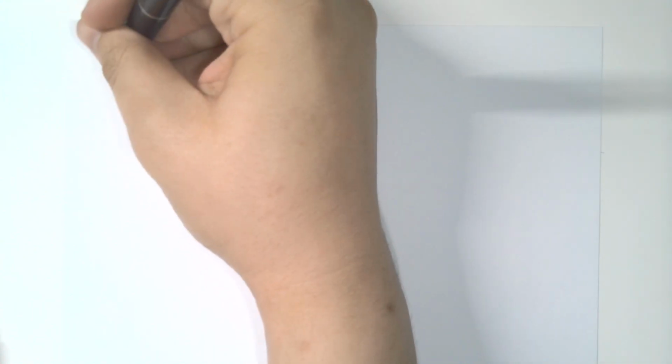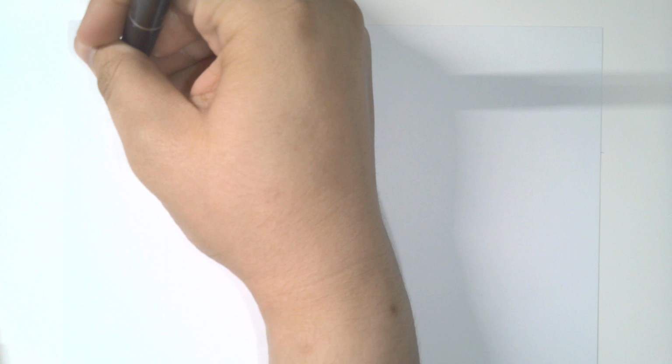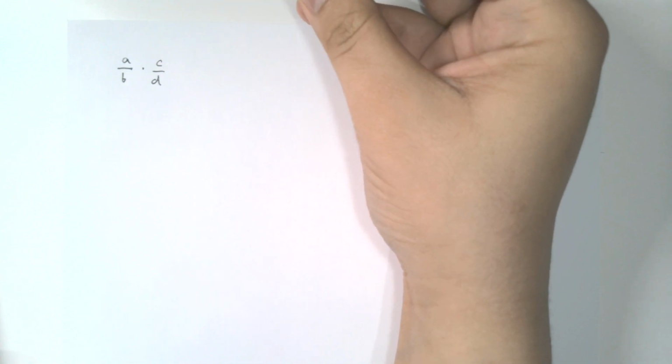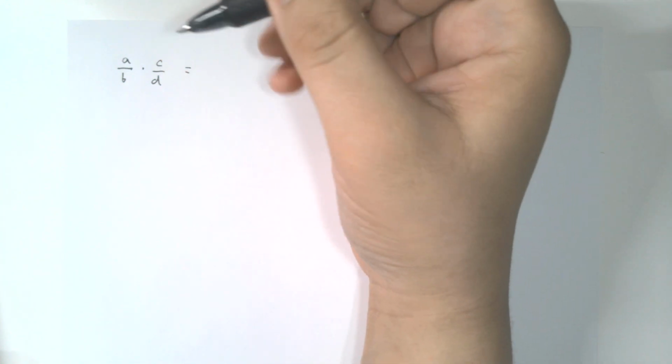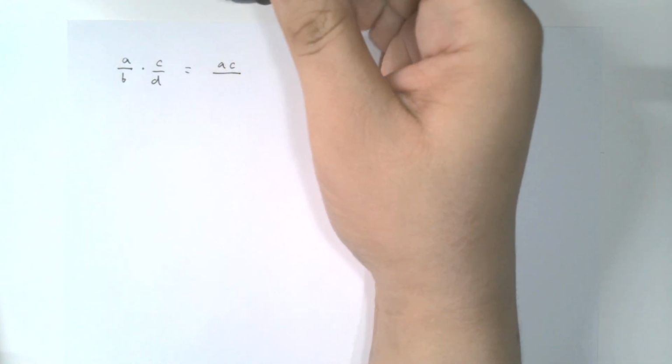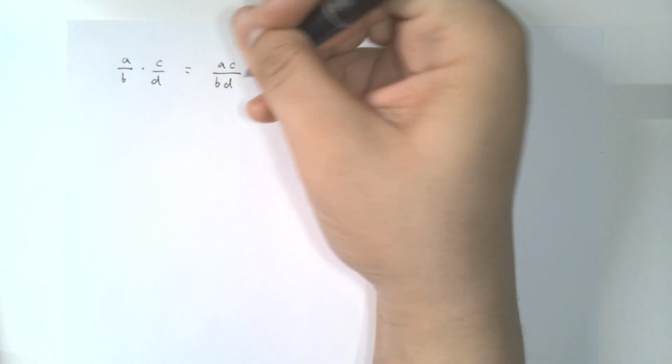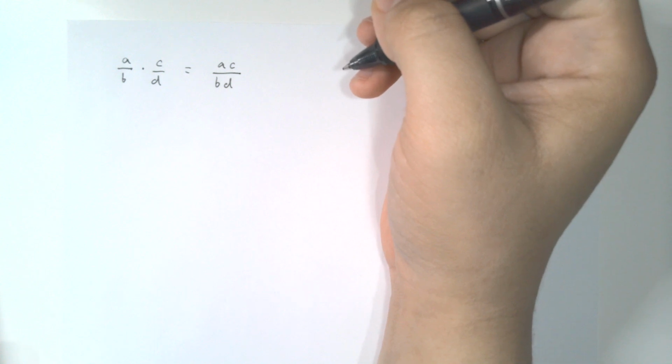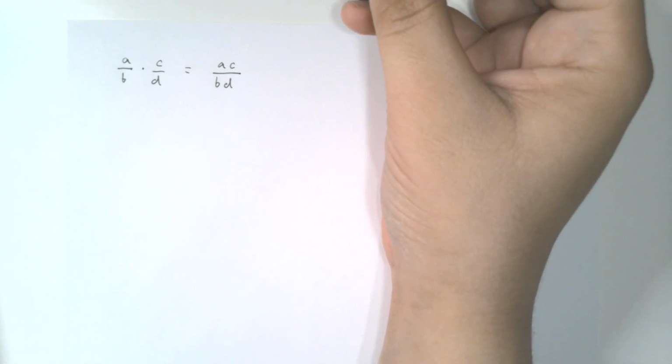So let's just get it started with I guess a primer here. If we have a over b times c over d, if we're multiplying two fractions together, all we have to do is multiply the numerators together, and we get AC, and we multiply the denominators together, and we get B times D. And so, with that in mind, what if we have something like A over B times